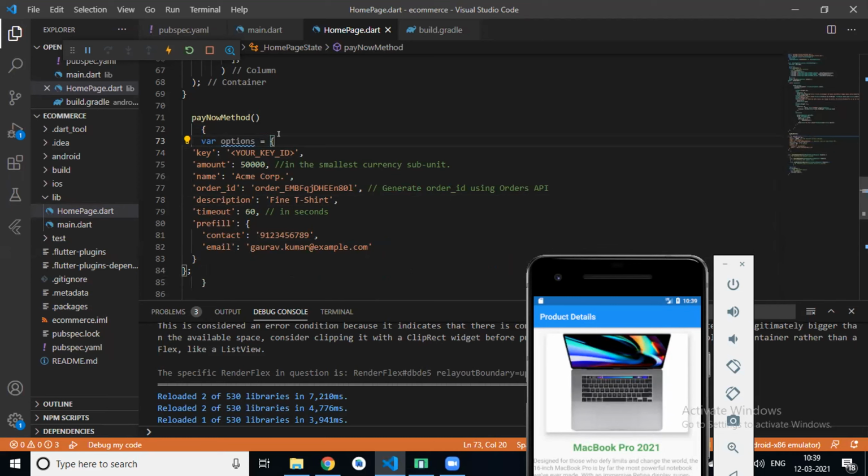List, Map, Roshan? Map, not a list, it's a map. Key and value, a key-value pair, right? Yes or no? Basically it's a key-value pair, so we can define it like a map, right? So the first parameter is your key ID.